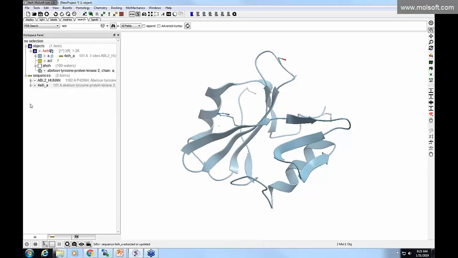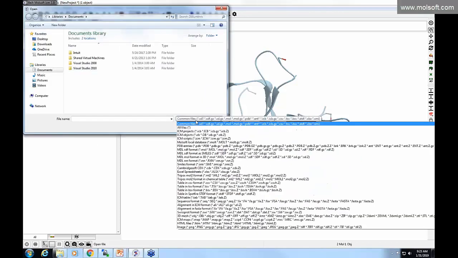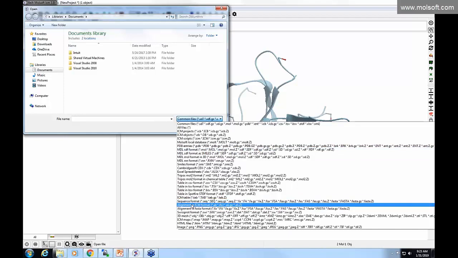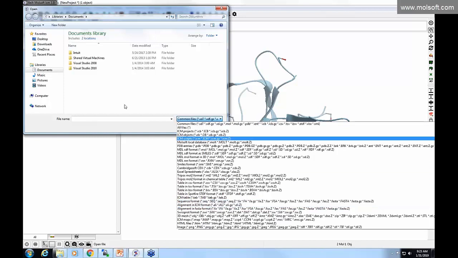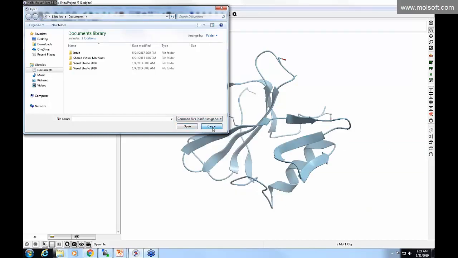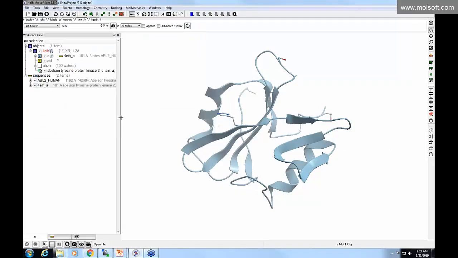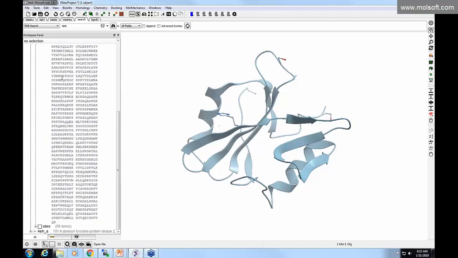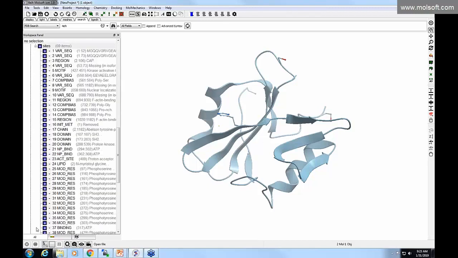Another way to bring in sequence information to ICM is just to go to File, Open, and then you can download your own files in FASTA format, for alignments and sequences. Here, you just choose the toggle here. So if you had your own file, you can read it in. So in this ABL2 sequence we read in first, initially, we showed that one of the sites is the